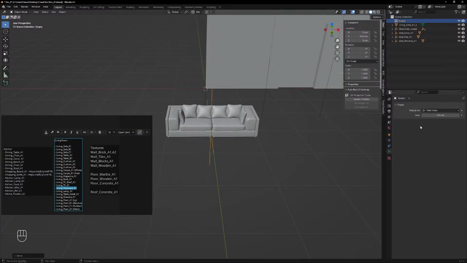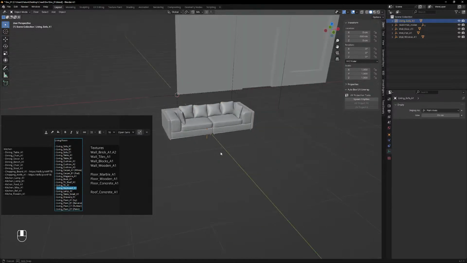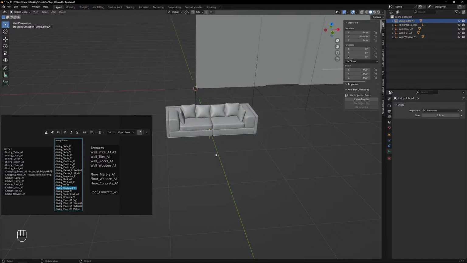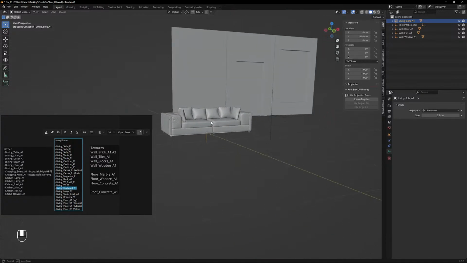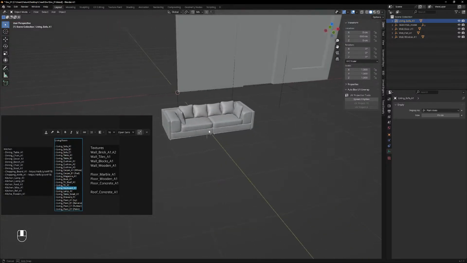So, you can come here and decrease the size if it's too big for you, and I will name it sofa. This is like normal practice. Whenever you work in a job, they create an empty, which you can use to transfer attributes and some private property to the game engine. So this is sofa, and then we simply